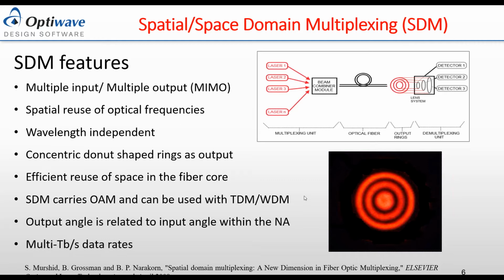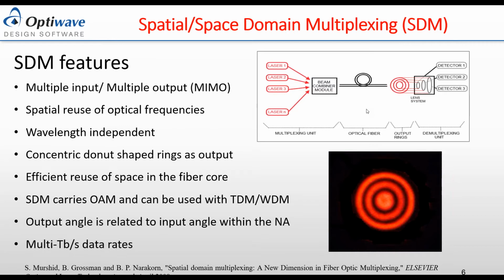So you take 3 laser sources, or 2 laser sources, whatever you want. You transmit the different rays of light. They all come out at the receiver end, or at the output end, as concentric circles. Each of those circles corresponds to a different laser source. So now at the output end, if I had a spatial multiplexer, I could take all these outputs to different detectors or different fibers, and I have basically invented a way that allows us spatial reuse of optical